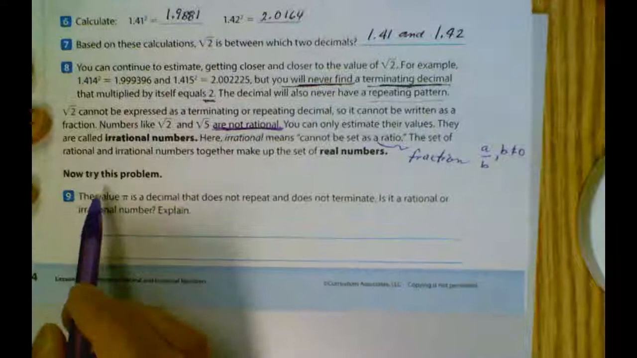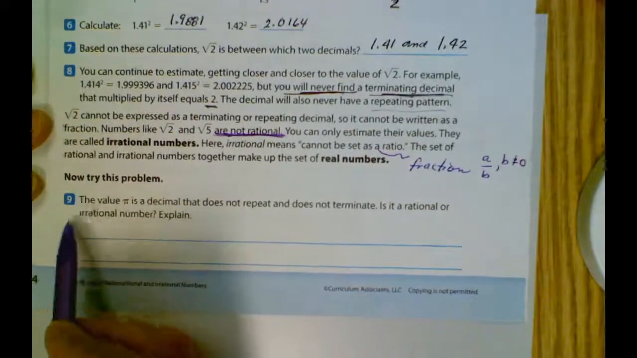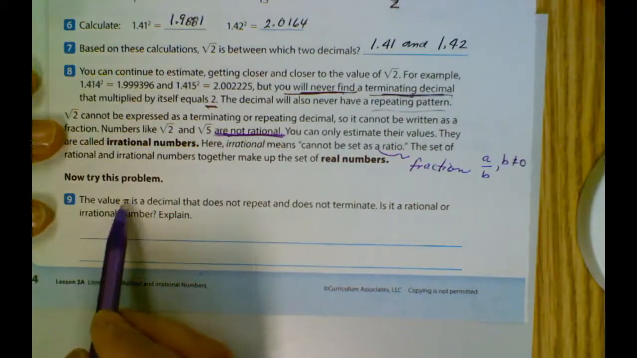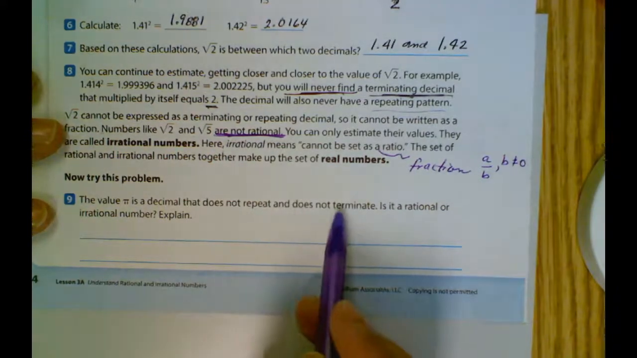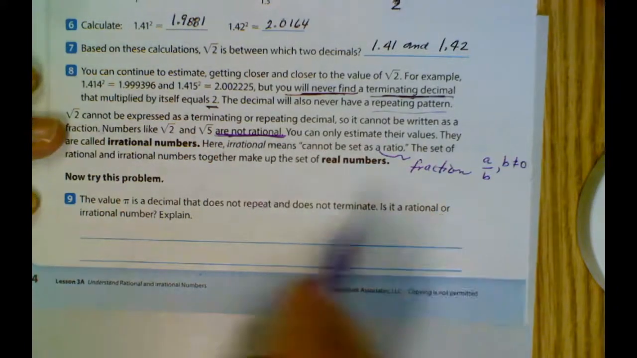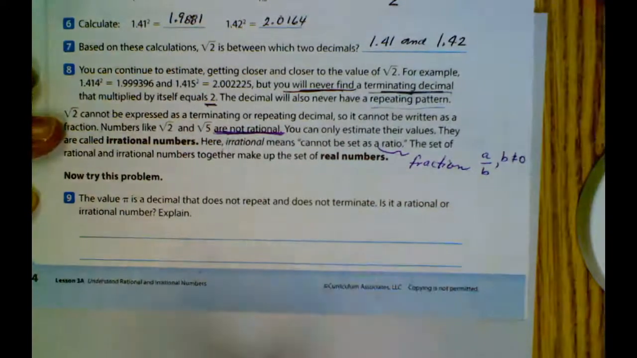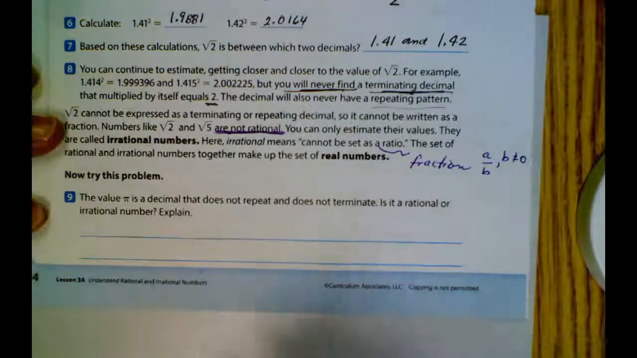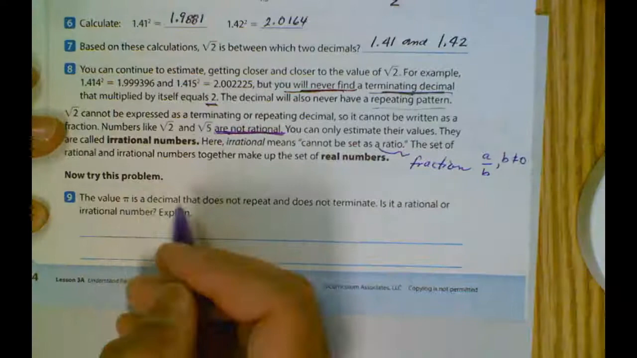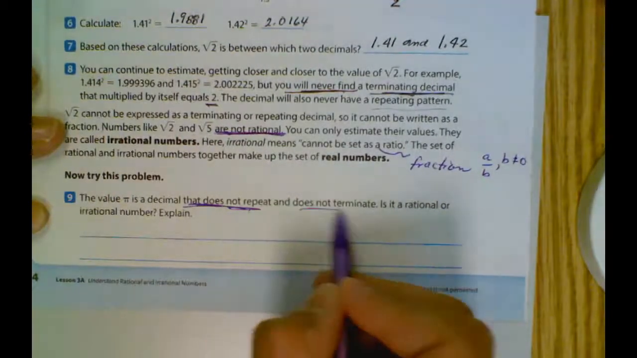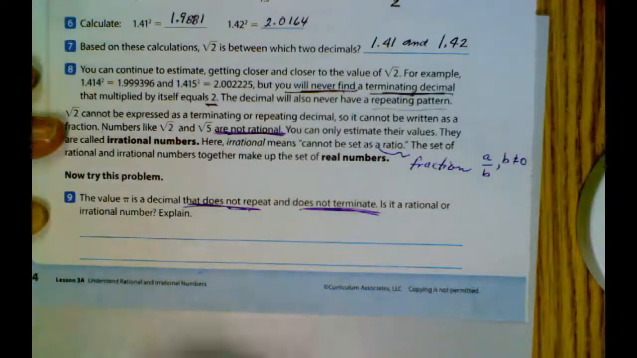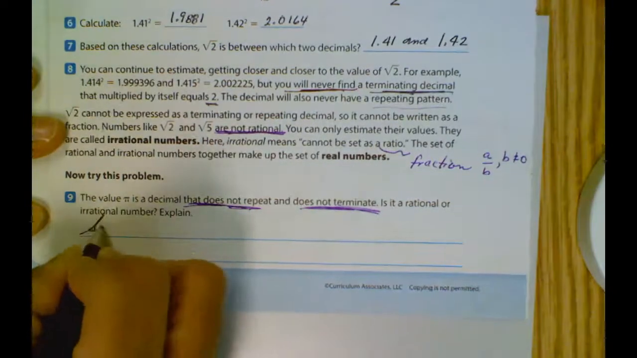So now let's try this problem. The value of pi is a decimal that does not repeat and does not terminate. Is it a rational or irrational number? That's the question. Is it a rational or irrational number? And in this case, they are telling me that pi is a decimal that does not repeat and does not terminate. So the answer, since